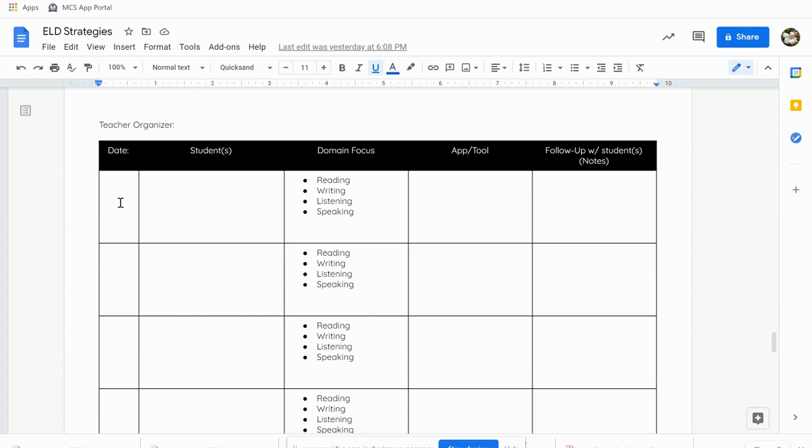I already have a running record. I have my data available to me as to their progress. It's also great for report cards. Then you're not having to remember, were they successful on this? Were they able to? You can go right into the report cards, click, click, click. Or if you're writing a short response to the parent, there's no guessing, because let's be honest, we have a lot of things on the brain. We have lots of kids, and sometimes it merges. But if you're documenting effectively, there's no reason as to why you cannot provide additional supports for IEPs, for 504s. All of this is great data that you can be collecting over time in order to help you best support your students.